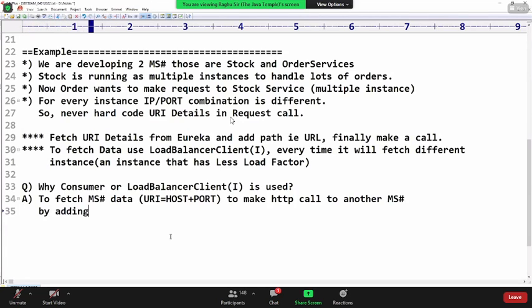By adding the path, we get the URL and use RestTemplate.